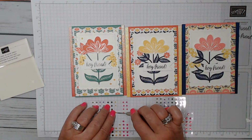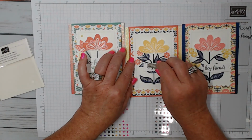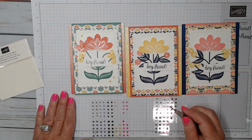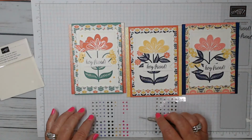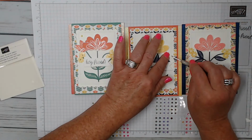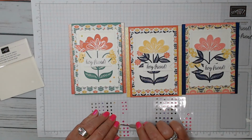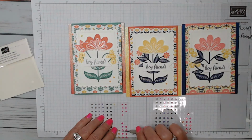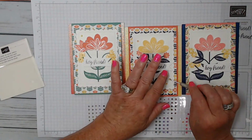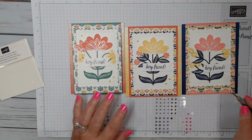I could have put green on this one, because there is green on there, although it doesn't match the same green. So I don't know that I would want to do that. But you could really change it up. You could use a completely different DSP and change up your colors. But I'm really falling in love with this bundle, and I really didn't think I was. I was like you guys. I was like, oh yeah, it's okay, but